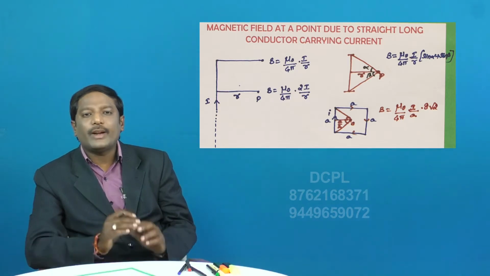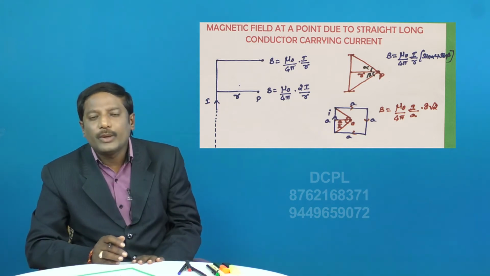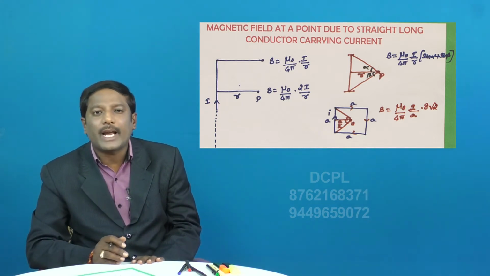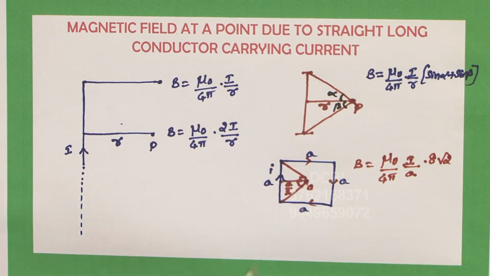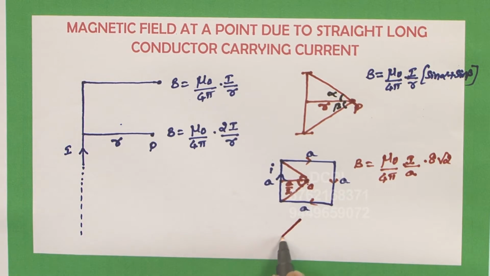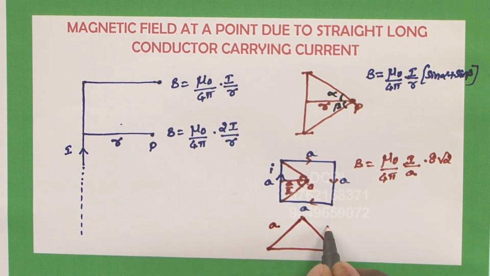If they ask you to find the magnetic field at the center of the square, straight away you use the formula mu naught by 4 pi into 8 root 2 times the current divided by the side of the square. In the same way, you can extend it to an equilateral triangle. If you consider an equilateral triangle of side A, then you can find the magnetic field at the